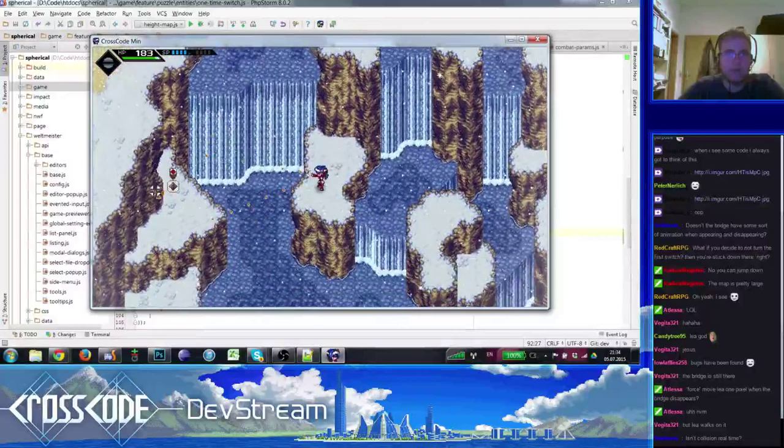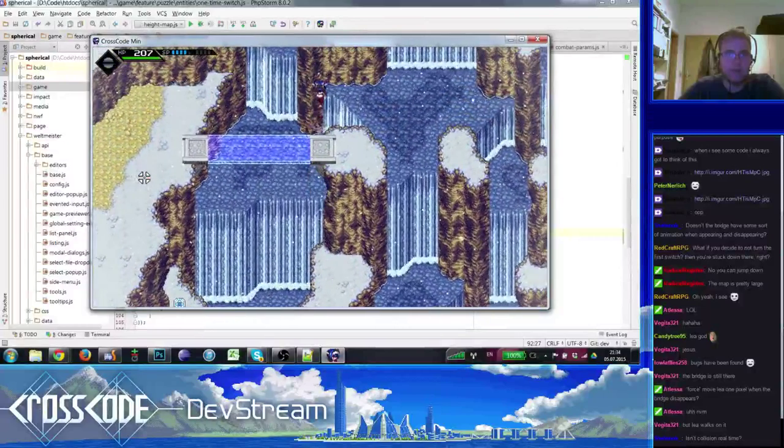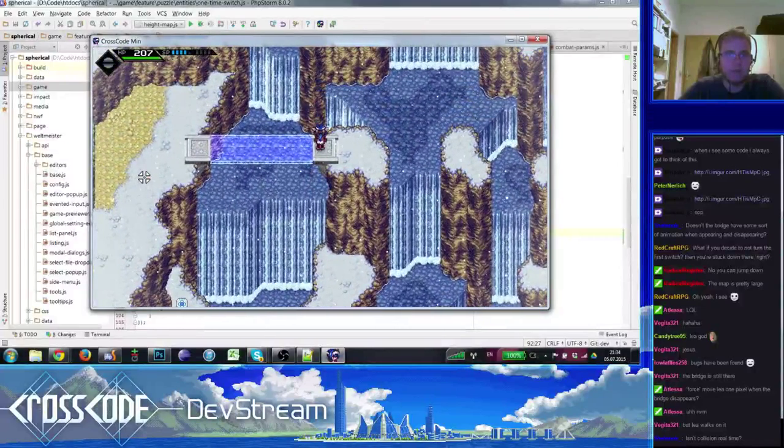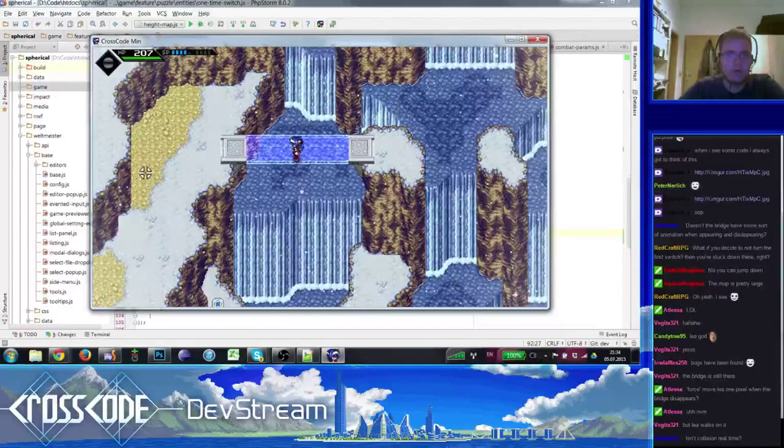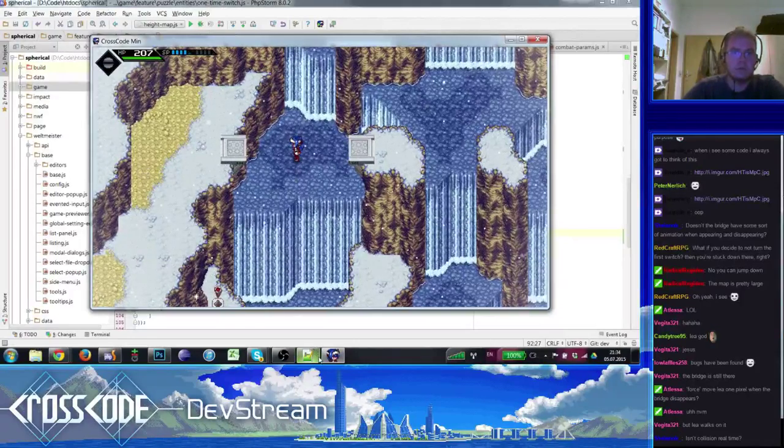So it's not in here now. I just activate the switch. I'm gonna fly up here. As soon as you go onto the left side where there is solid ground and go back to the right, is the bridge still there? Can you try that? And yeah, it's still there. It's still there when you return.